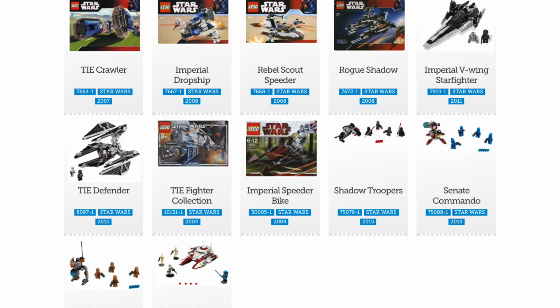At number 8, with 4% of the vote, we have the Expanded Universe. This is going to be the TIE Crawler, Imperial Dropship Battle Pack, the Rogue Shadow, the TIE Defender, the TIE Fighter Collection, which really is the original trilogy, but we'll not get into that, and like the New Republic Fighter Tank, a couple of the battle packs. So I think a big reason we find this here on the list is because of the TIE Defender and TIE Crawler sets. The Rogue Shadow, of course, are big ones from the Expanded Universe, but this is a very